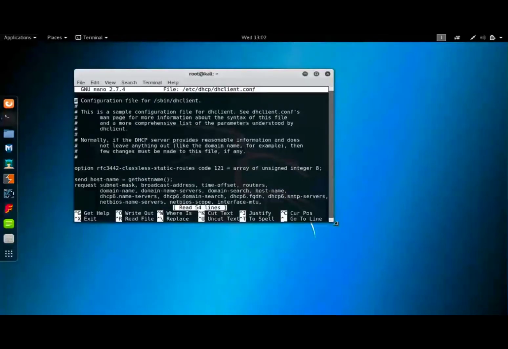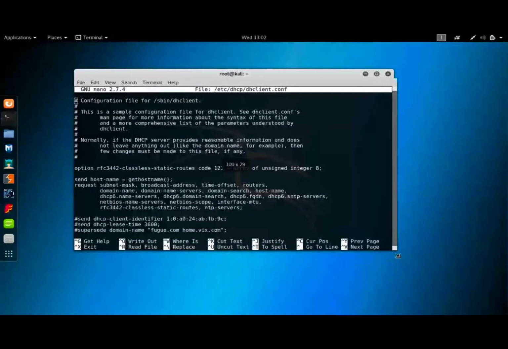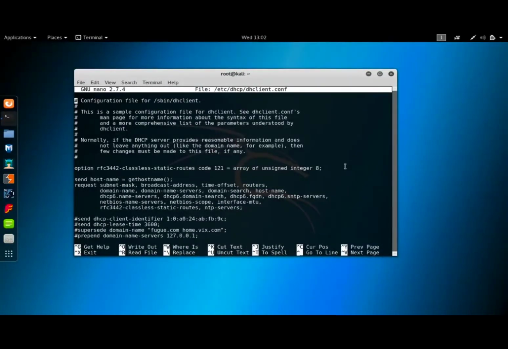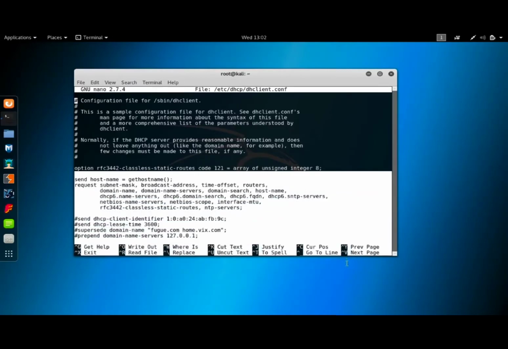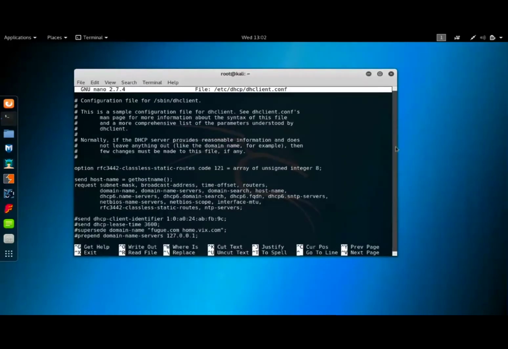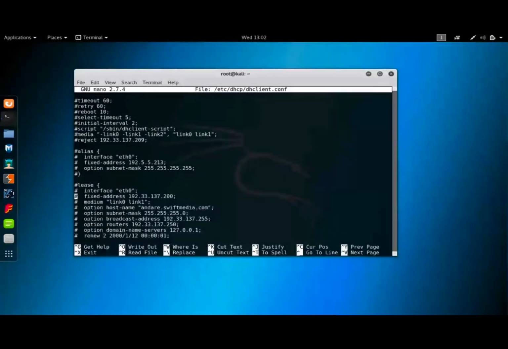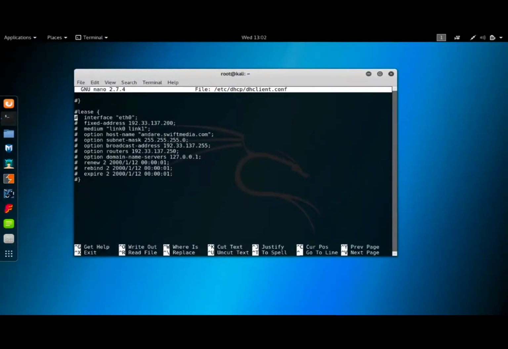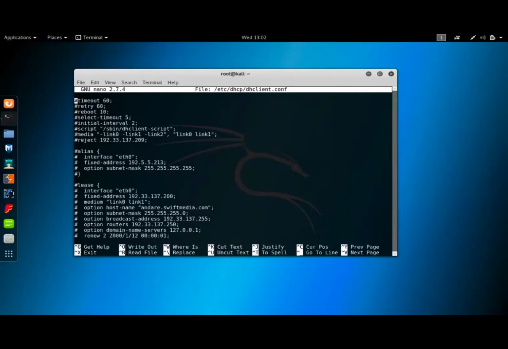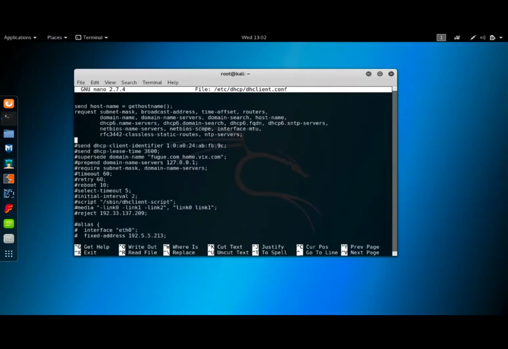So this is a configuration file for our DHCP client. We can change this configuration in order to change our name servers. So you can use arrows right now in order to move around this nano editor. As you can see, as I press down, it goes down. As I press up, it goes up. And I'm looking for a line starting with prepend, like here, prepend domain-name-servers